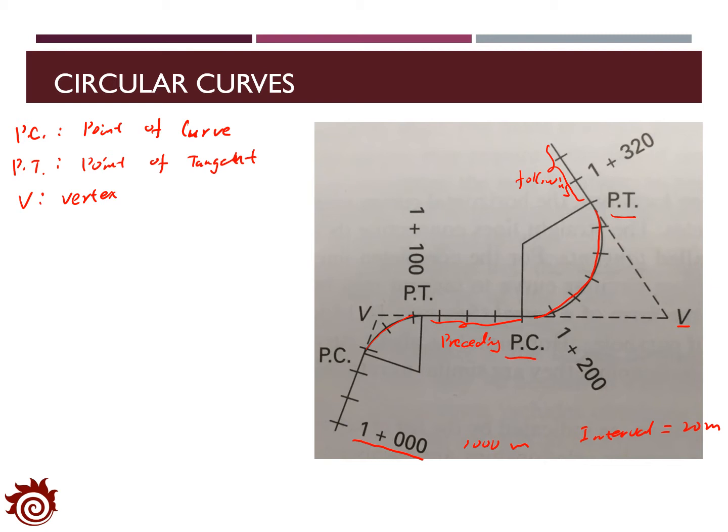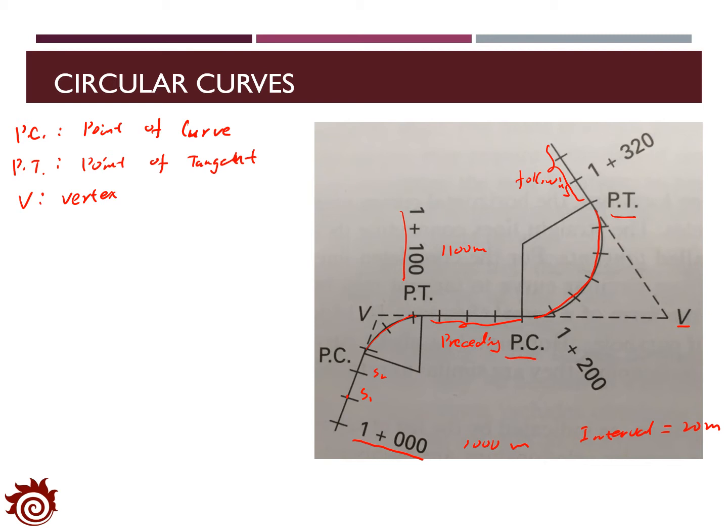And along the route, we will set up stations at every 20 meters. So we have station 1, station 2, and we also set up a major station at every 100 meters. So the distance at this station is 1100 meters. So we need to identify the location, including the horizontal and vertical location of each station